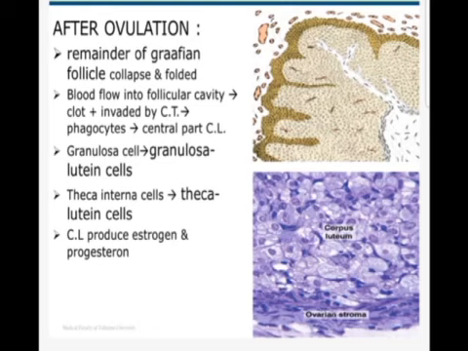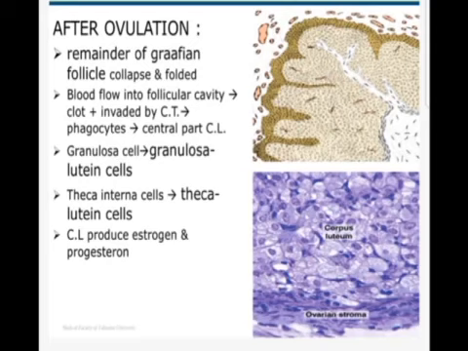clot. As I have said initially, the granulosa cells of the follicle soon become transformed into large pale staining cells containing vesicular nuclei. These cells are known as the granulosa lutein cells. The cytoplasm of these cells contains a large number of lipid droplets which are dissolved out during routine sections, so the cytoplasm gives a vacuolated appearance.